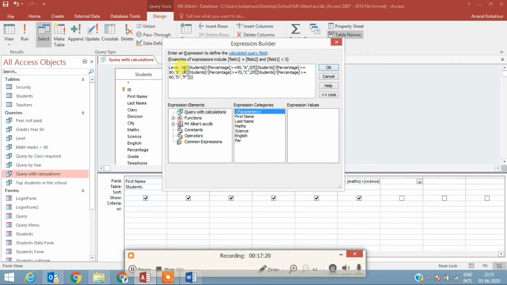So I'm saying level. Like Excel, it works similar to Excel. Instead of if, we use IIf here. So if these marks is greater than 90, I'm saying A. If it is less than that and if it is greater than 80, I'm saying it's grade B. If it is less than 80 and greater than 70, it is C, and so on. And if it is greater than or equal to 60, it is D, otherwise it is F. I'm calling it level there,